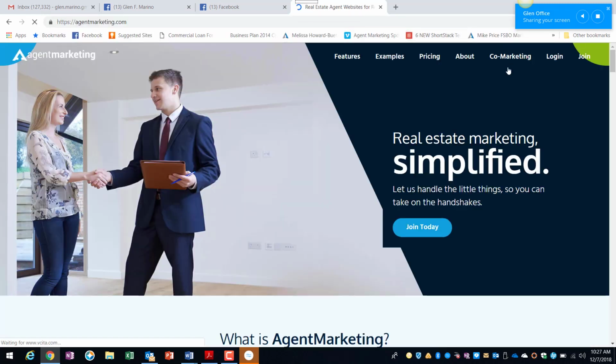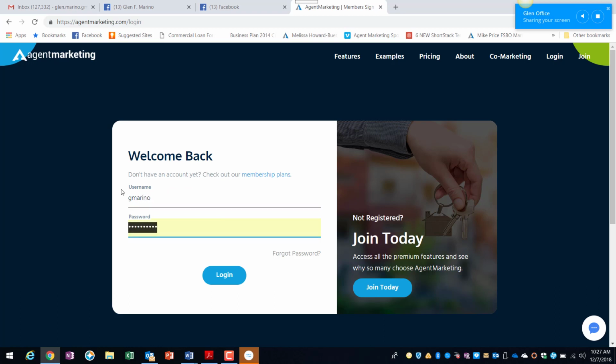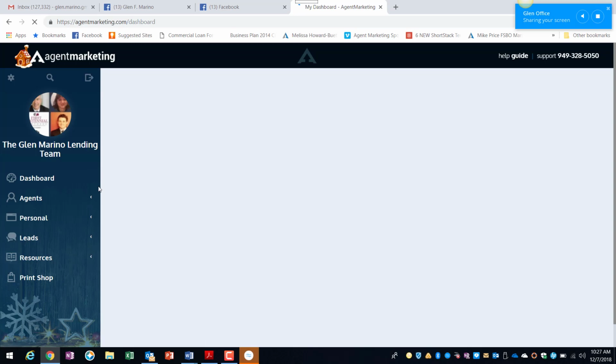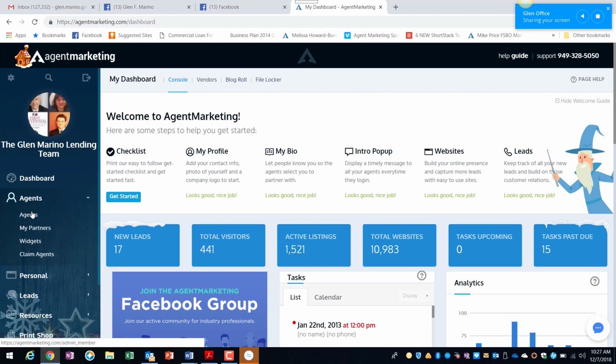Agentmarketing.com. I have to log back in. Now that I'm logged back in, we're going to go to agents. We're just looking for your login. You probably know the password, and I can even reset the password if necessary. But we go to agents,